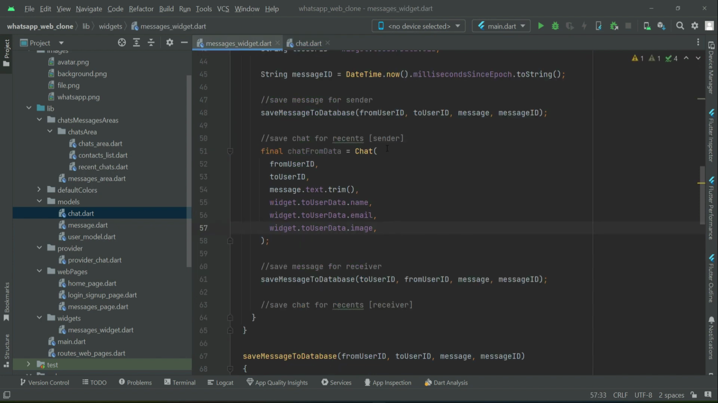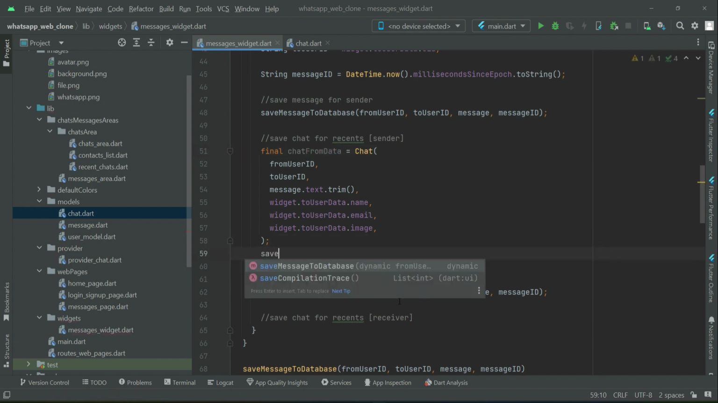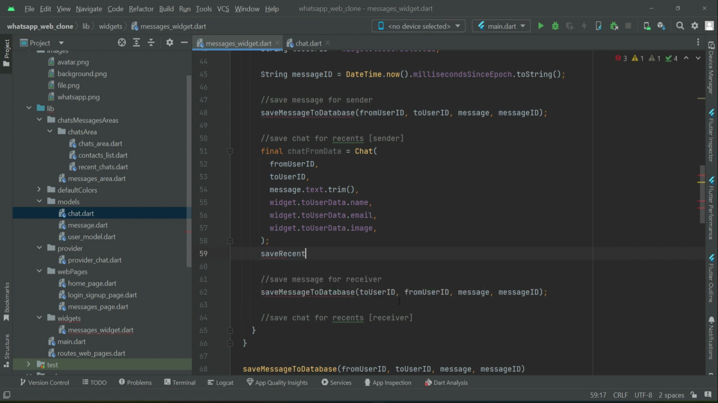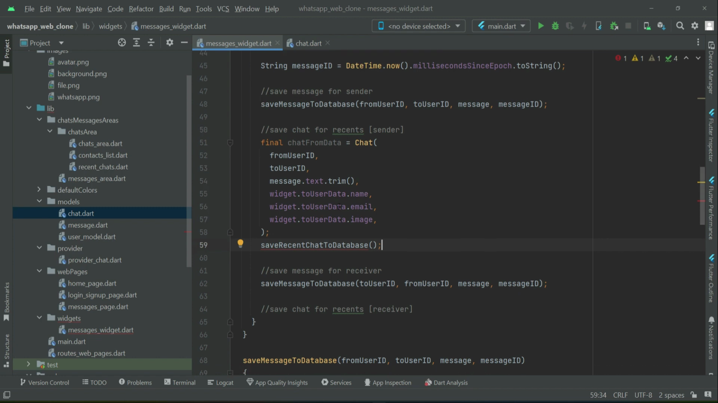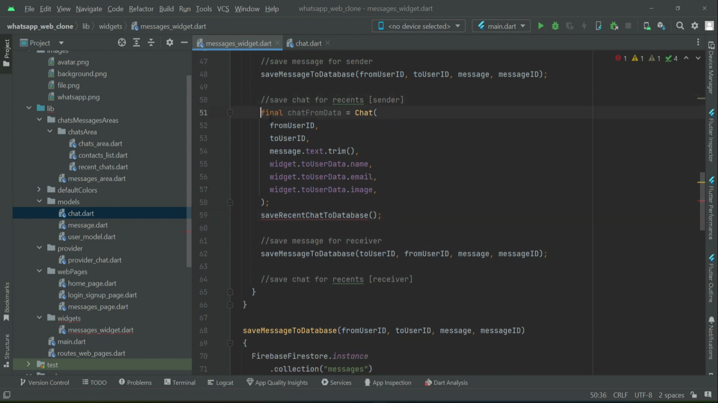So now we have the recent chat information, so we can save it to the database. So we can say saveRecentChatToDatabase. This is for the sender. Okay, the same thing we will do for the receiver,